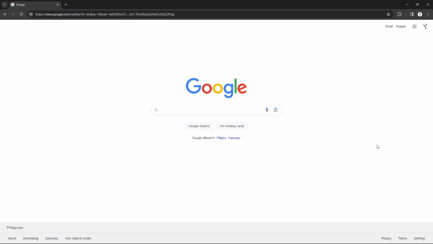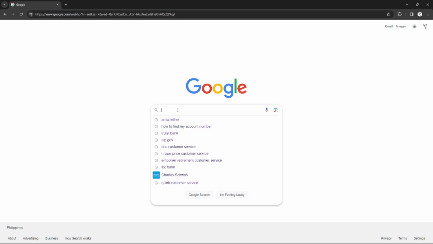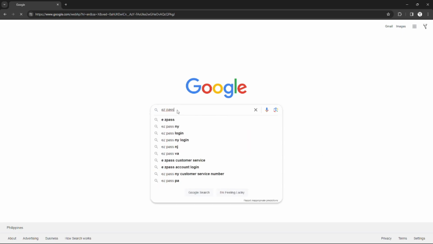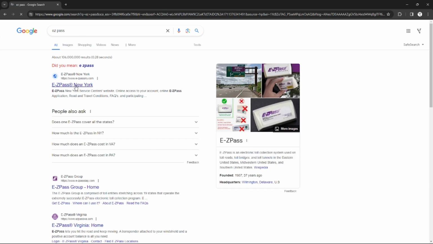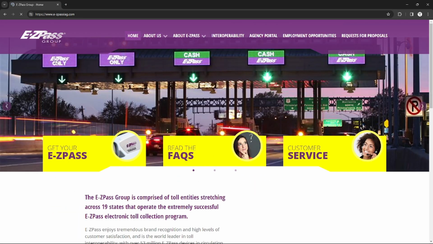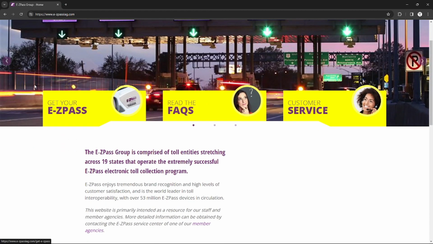So first thing you need to do is to search on Google for EasyPass. So just search on EasyPass and go to their main website. So this is the EasyPass Group home. So make sure that you go to the right website, and after that you will be redirected to this page,